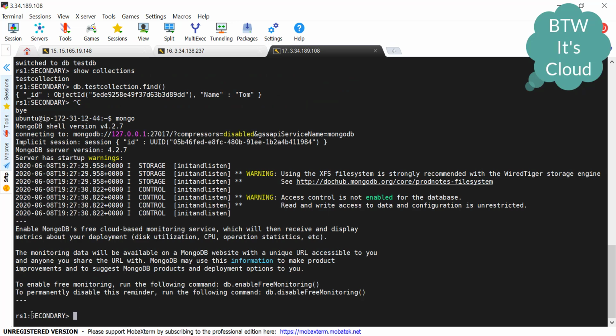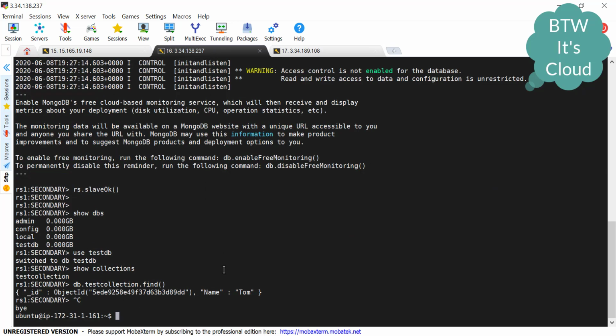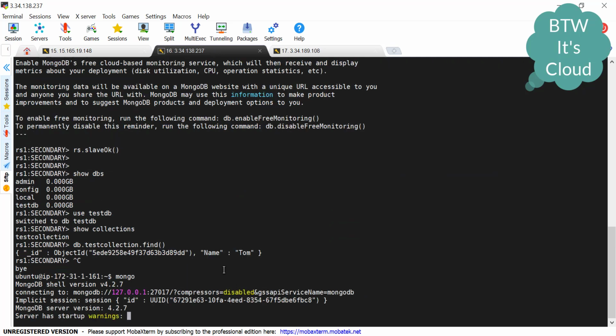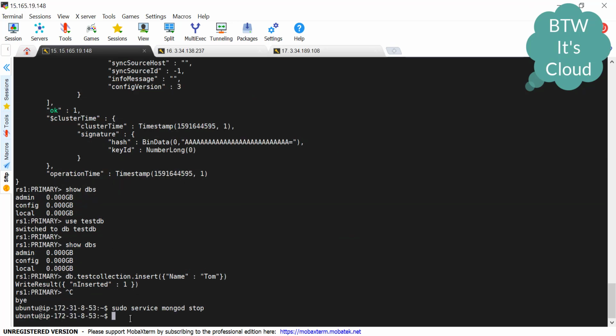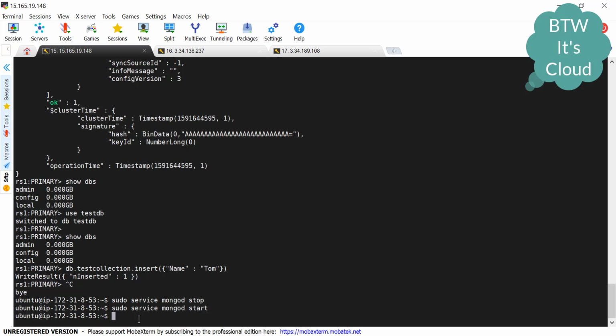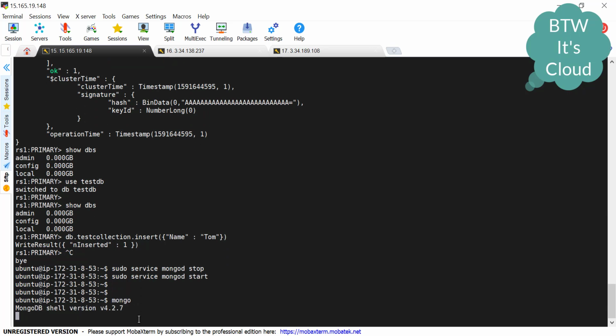You can check this is secondary only. We'll check in the second server. So we can see this server has taken the role of primary by internal voting between MongoDB 2 and MongoDB 3. Let's start this server again, sudo service mongodb start. Okay, this has been started.